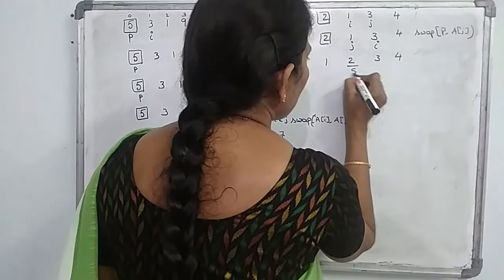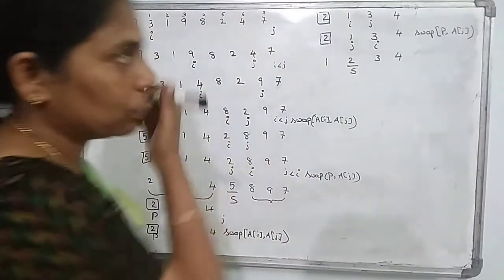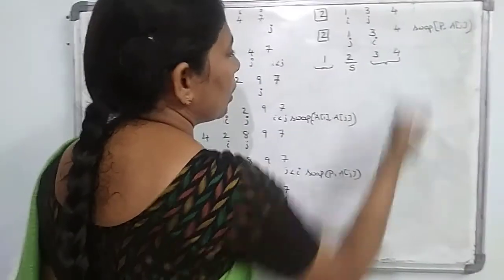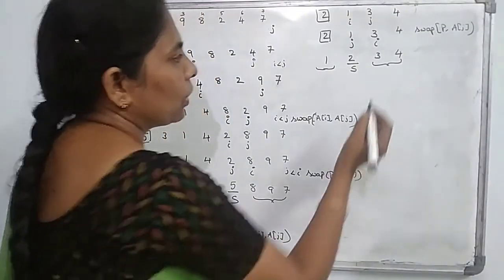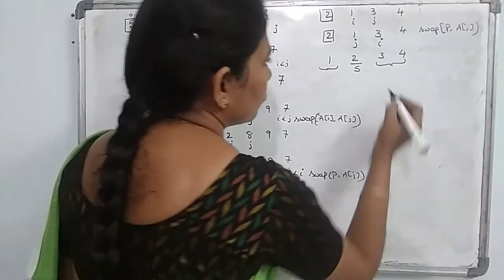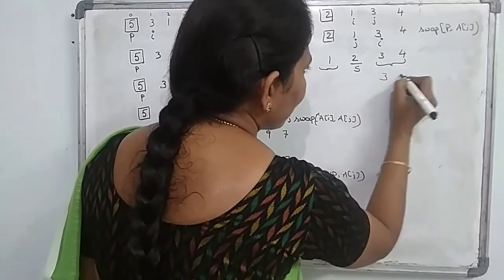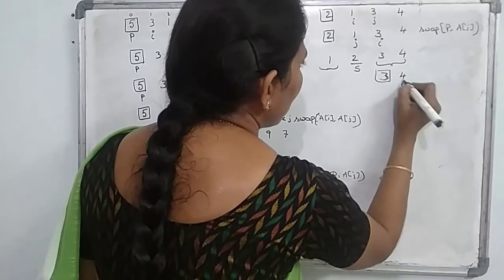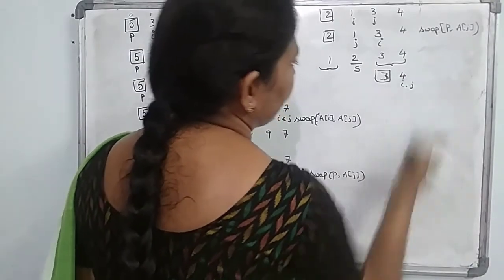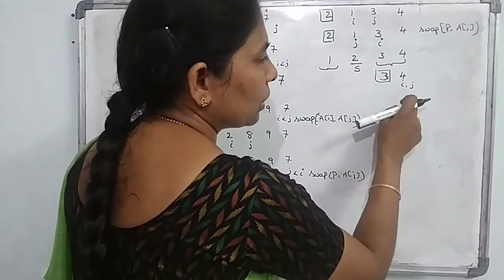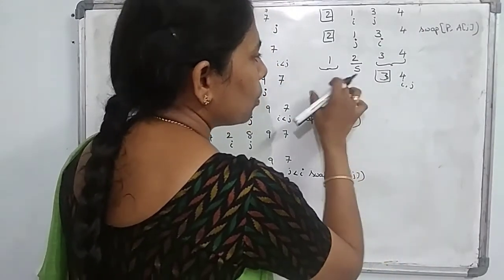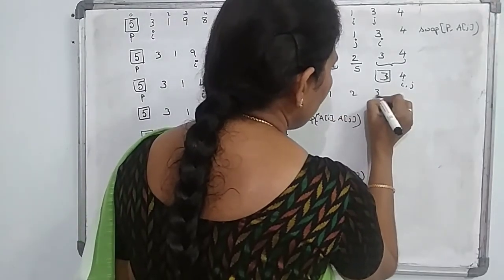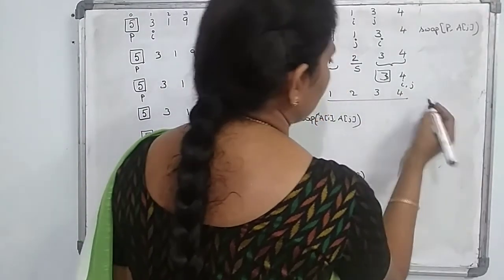So again this becomes the splitting portion. In that you have one array with a single element, and the other sub array. Now again you can apply it to 3, 4. If you apply it to 3, 4, these are the elements. 3 is the pivot element, with I and j at itself. If I equals j, then you can stop the process. So this array comes under the order 1, 2, 3, 4. So this is the first part.